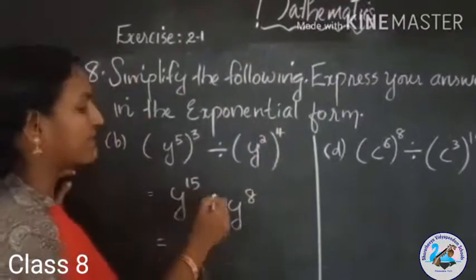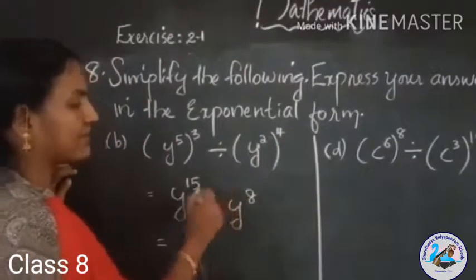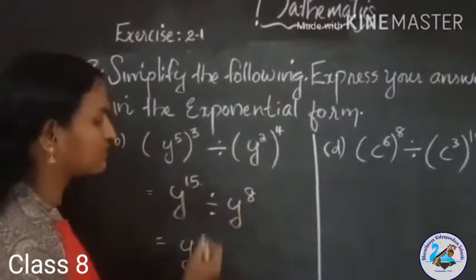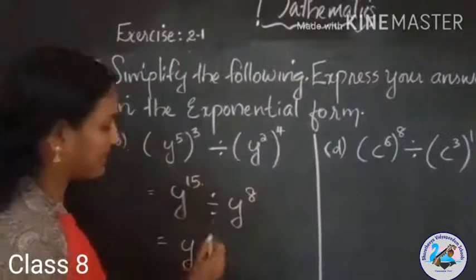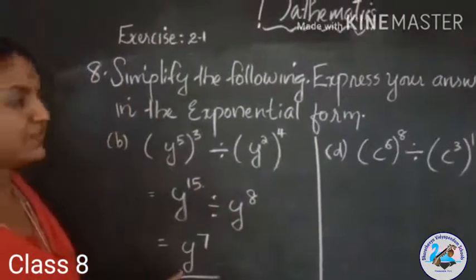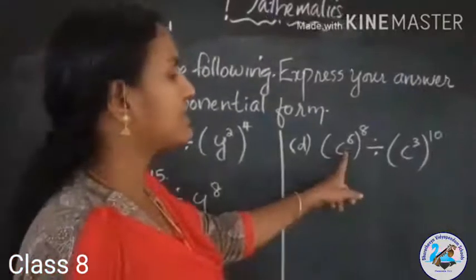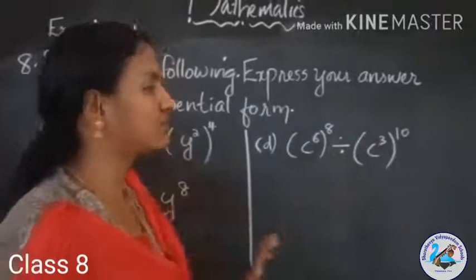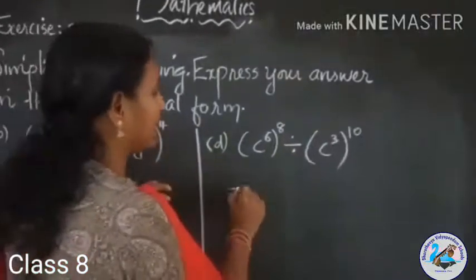is equal to a power m divided by a power n. So here the operation is division, so subtracting the powers, y raised to 15 minus 8, 7. Y raised to 7. The next one, (c raised to 6) the whole raised to 8 divided by (c cube) the whole raised to 10 is equal to, same as above,